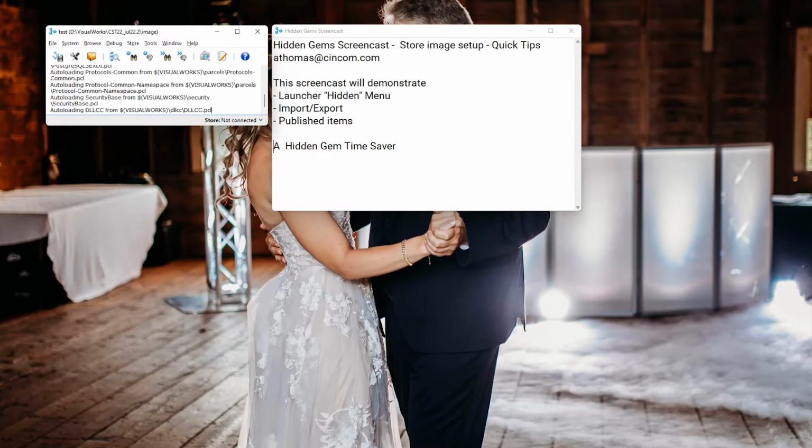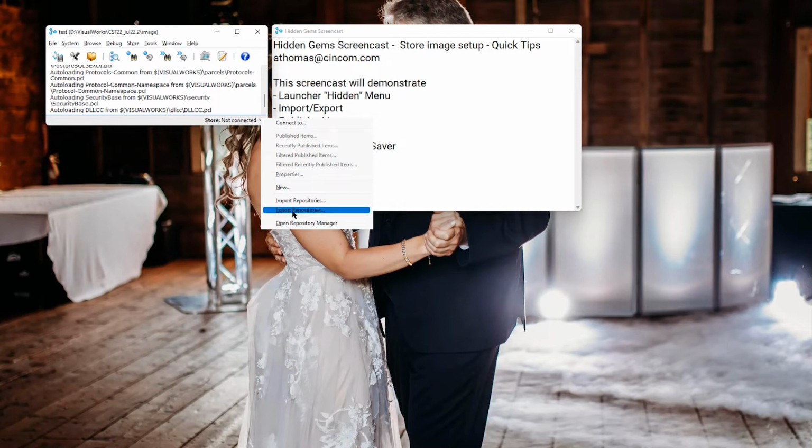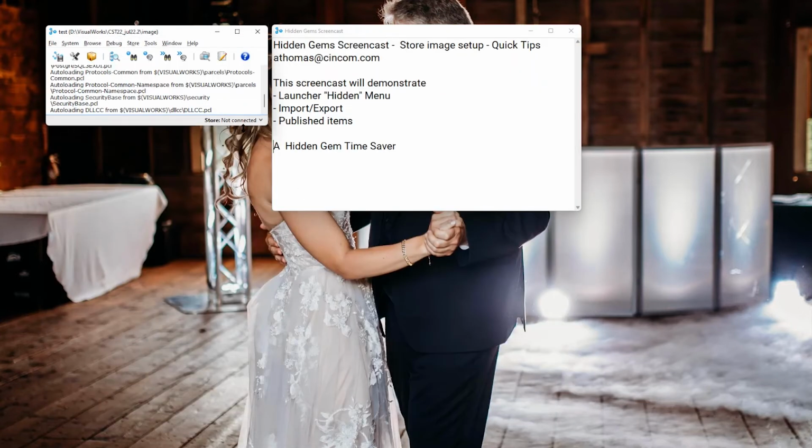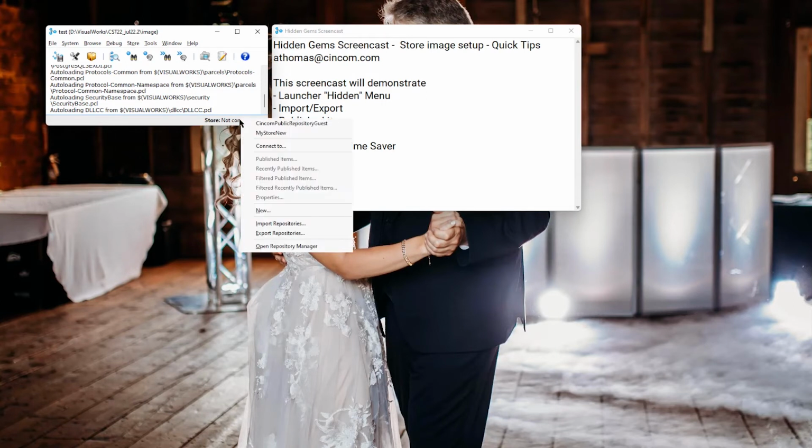Okay, now with that installed, you'll see on the bottom right there's a store, kind of a hidden menu, not really, but you can come to here, and when you initially set up your store and set up all your repositories, what I recommend you do is that you export them, because now for a new image I'm going to come right here and say import repositories and choose my repository file, and now I basically have it all set